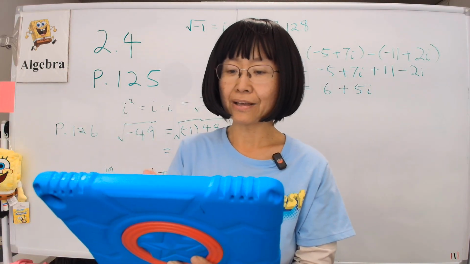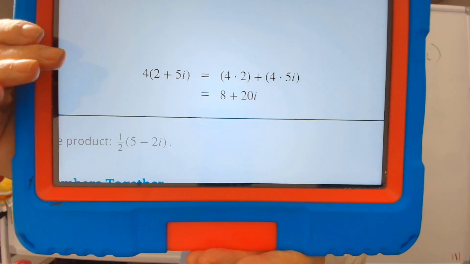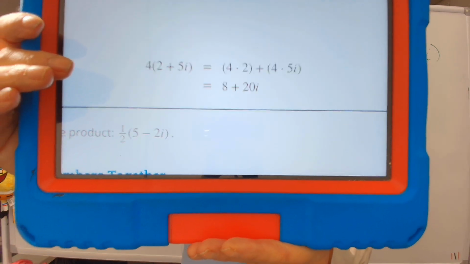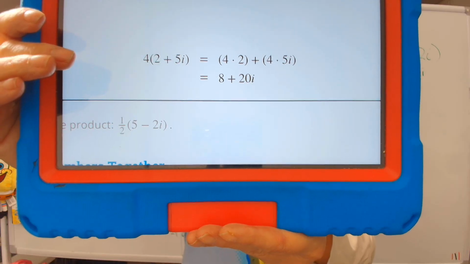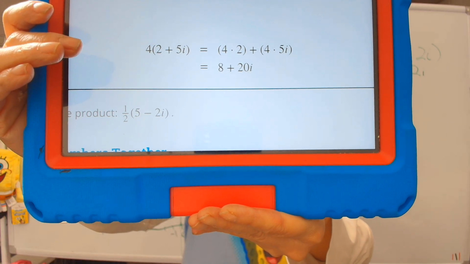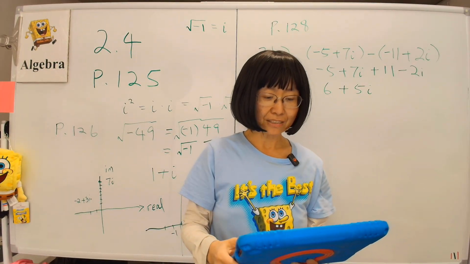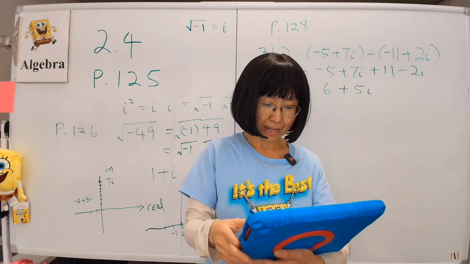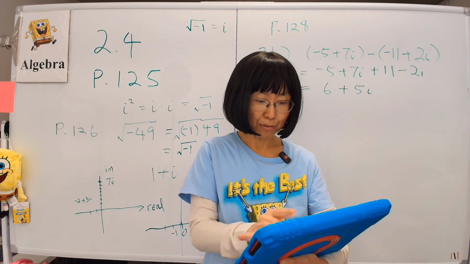Now we have example 4. We need to multiply 4 times a complex number. So we have 4 times 2 plus 5i. Now the i, as I have mentioned, consider it like x. So you just multiply it as if you're doing x. So then you have 4 times 2 is 8, and then 4 times 5 is 20, and then the i is still there. So you leave it there, and that's the end of that example. So please do the examples I've mentioned so far, 1, 2, 3, 4, and actually all the rest of them too. So the next part is how are we going to do